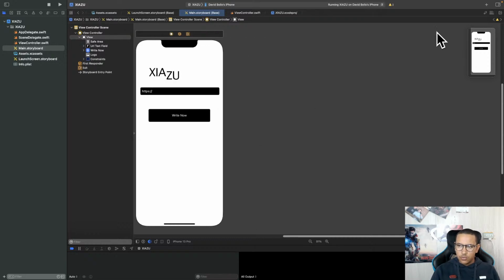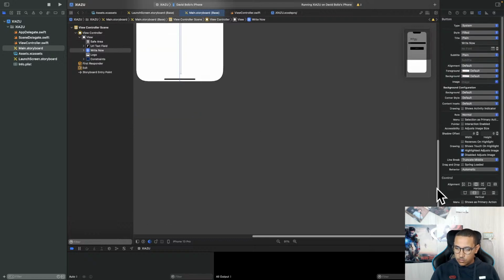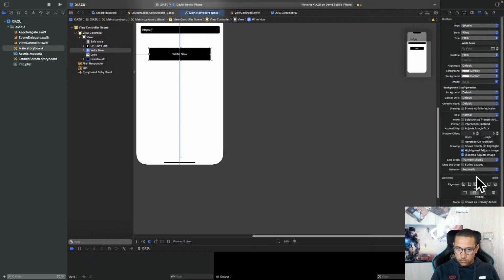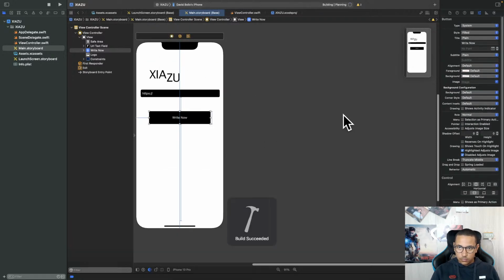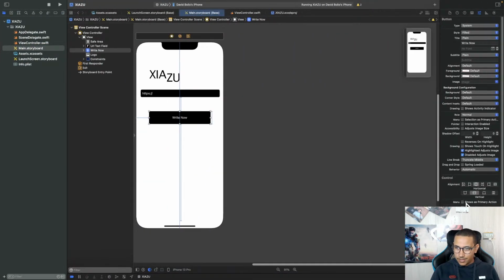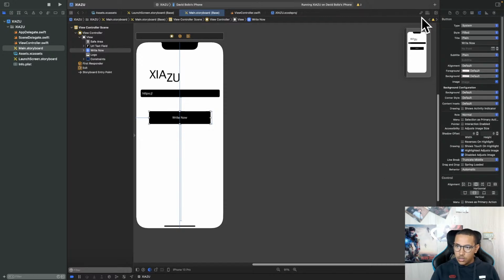All right, so let's actually see why this button is not doing anything. And also, I'm going to set up the background as black for this because otherwise it's just looking as blue. And now if I run this, it's still black. All right, we'll figure out why it's actually still black. We'll figure out why it's blue instead. But let's open our assistant view,